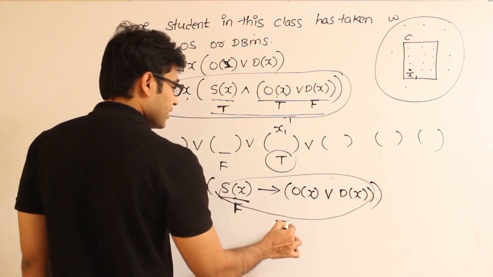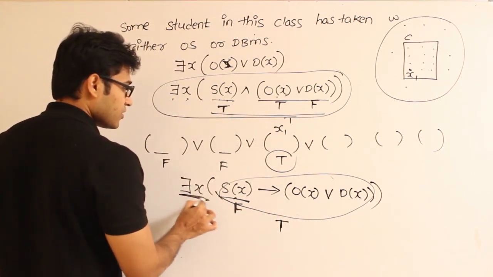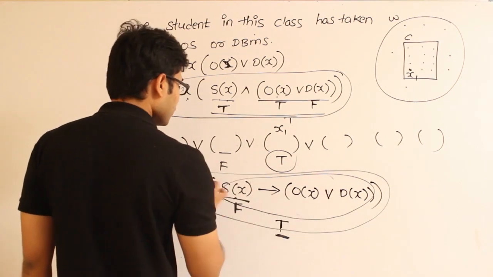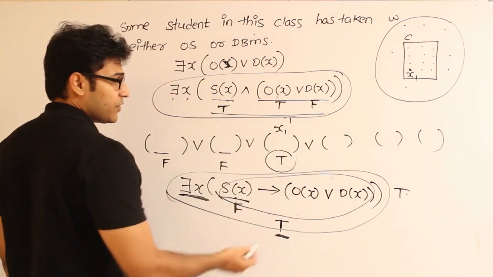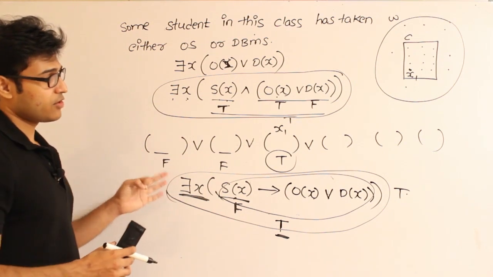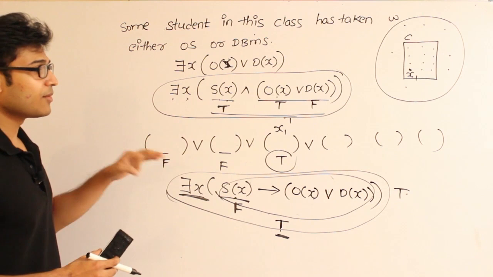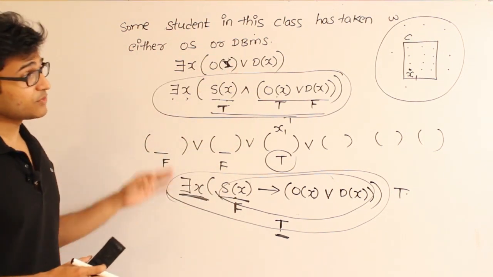be true, right? And therefore we will declare that we have found out some value of x for which this entire value is true, and therefore this entire thing is true, which means even without looking into the classroom for a student, we are declaring that this entire thing is true. So even if no one has taken either operating systems or DBMS, if you write like this, it will come out saying that someone has taken DBMS or operating system without even checking that,